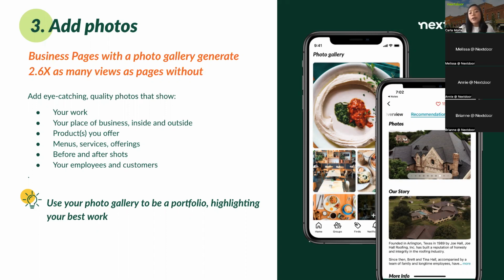They're actually a family-run roofing business based in Arlington, Texas. And their gallery acts as a portfolio for their business. So it makes it really easy for potential clients to see the quality of their work easily. So our next pro tip is to use your photo gallery as a place where you can showcase some of